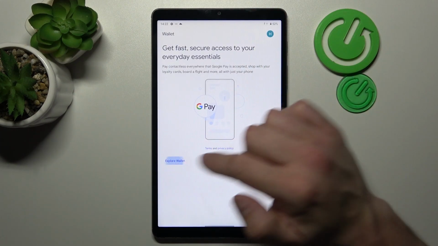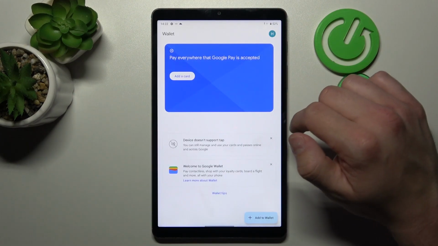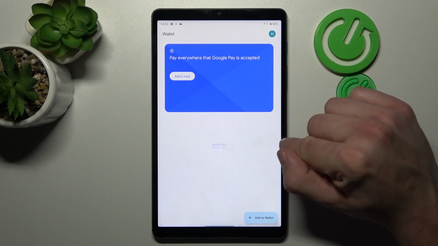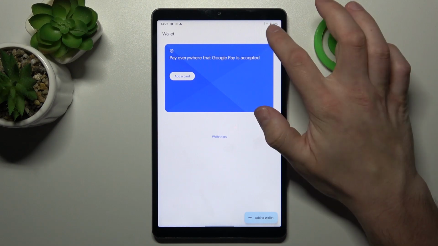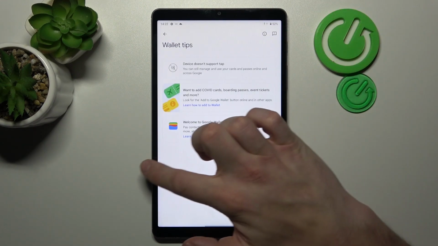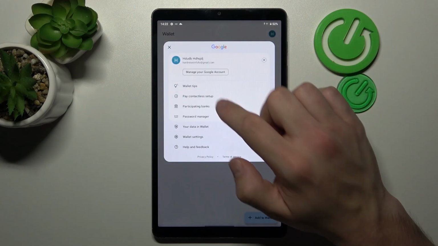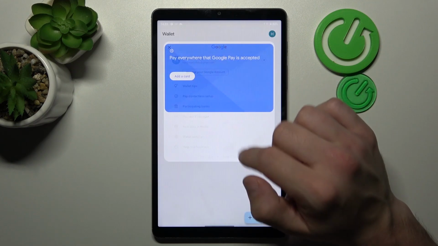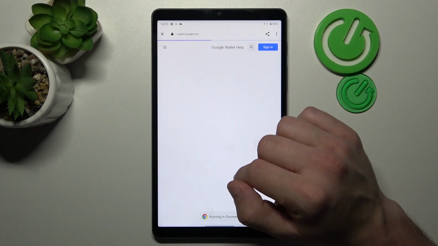If you go back and go to Explore Wallet, you can add payment cards, check Quick Tips, and again go to Add to Wallet. If you go to Menu, you've got access to your Google account, all wallet tips, contactless setup, which is unavailable because this tab doesn't have NFC. You can check full list of participating banks,